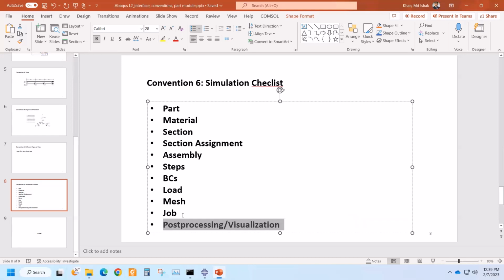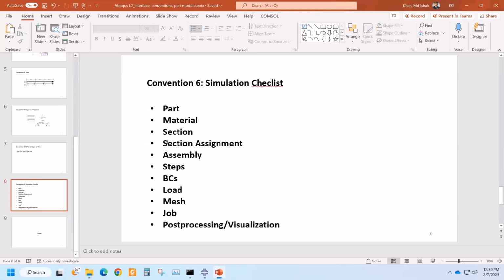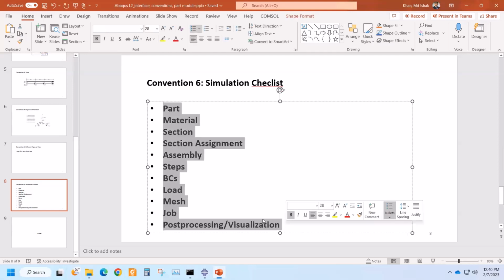the job is finished. So some of the terminologies may not seem very clear cut at this moment, but if we go to the interface and create a simplified model, then it will start making sense overall. So now we have kind of a checklist, and we know what it takes to make a model work. You don't have to memorize the sequence. It's kind of intuitive. Once you have completed making several models, it will become second nature, and you'll probably